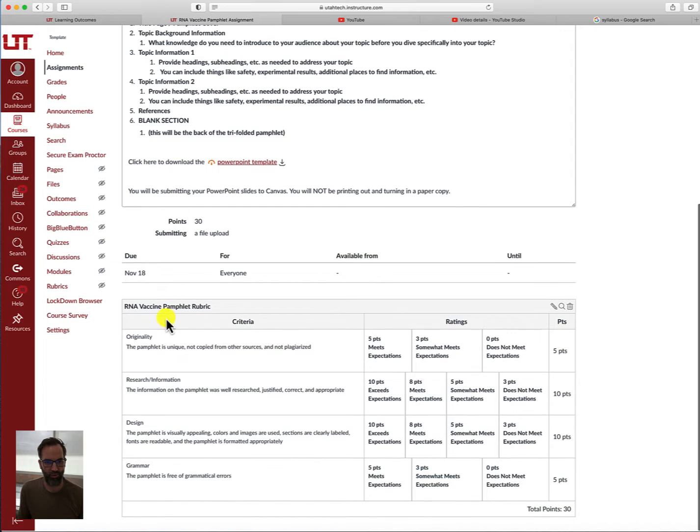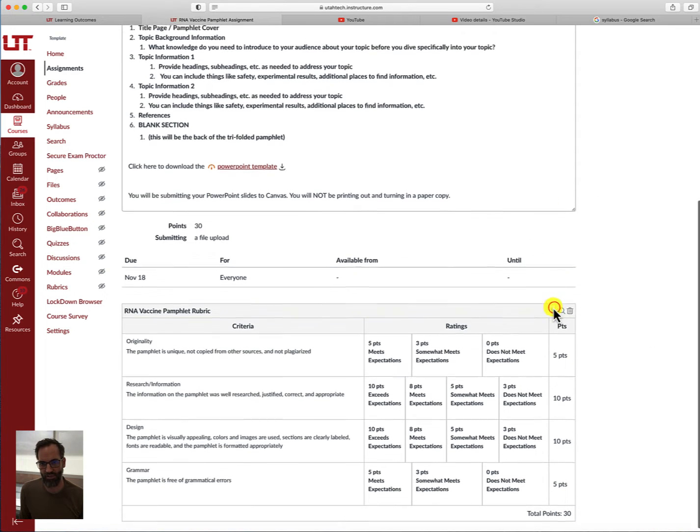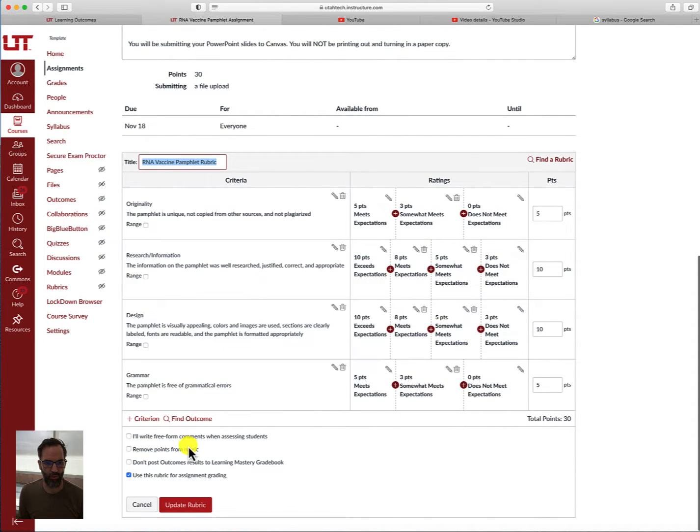You will notice I grade this assignment on 4 criteria. It is worth 30 points total. Now up here in this corner, there is a pencil icon which says Edit Rubric when you hover over it. And that is how you edit your rubric. And so now I'm going to edit my rubric, and my goal is to link this assignment or this rubric